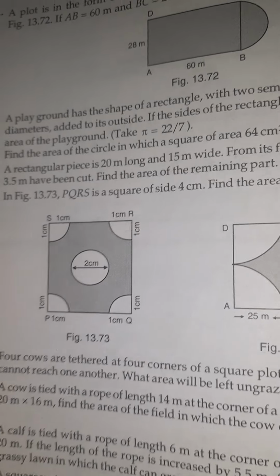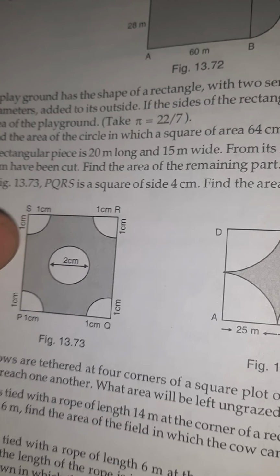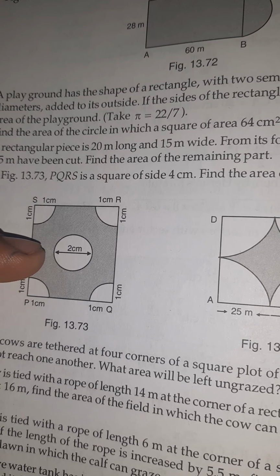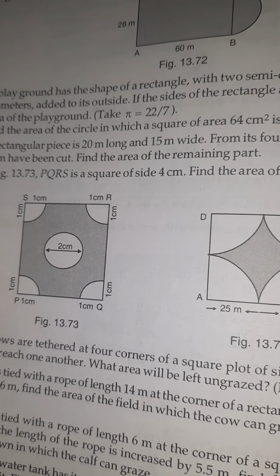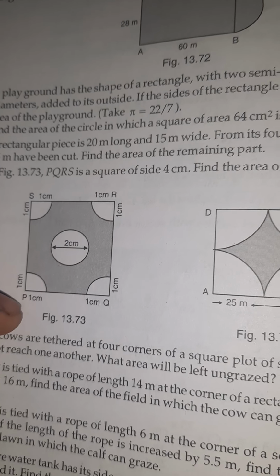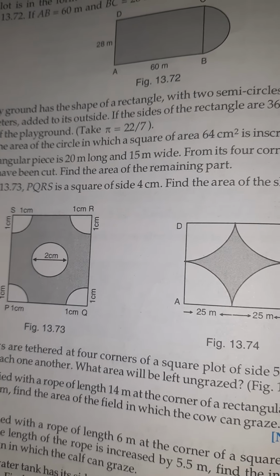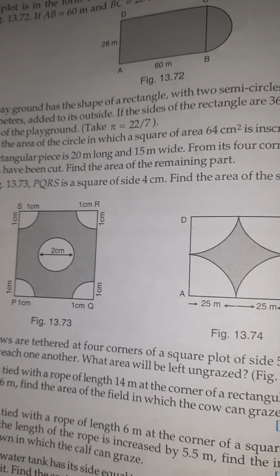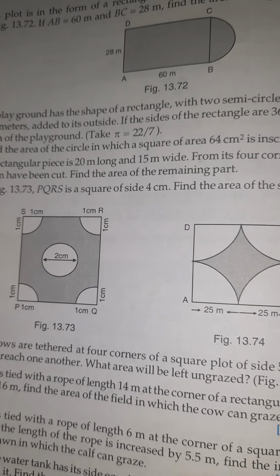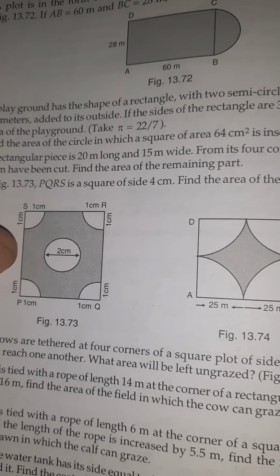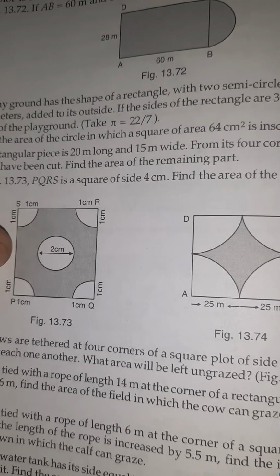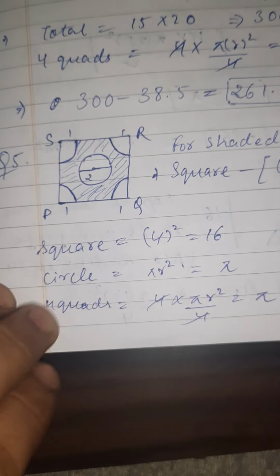And if we see, we will find that the radius is equal for both the circles, as 2 centimeter is the diameter for the circle, which means 1 centimeter will be the radius, and 1 centimeter was the radius for the earlier one as well. So two circles of radius 1 centimeter have been cut off from a square of side 4 centimeter. So the remaining area will clearly be the area of the square minus twice the area of a circle with radius 1. So here is the calculation for this question.